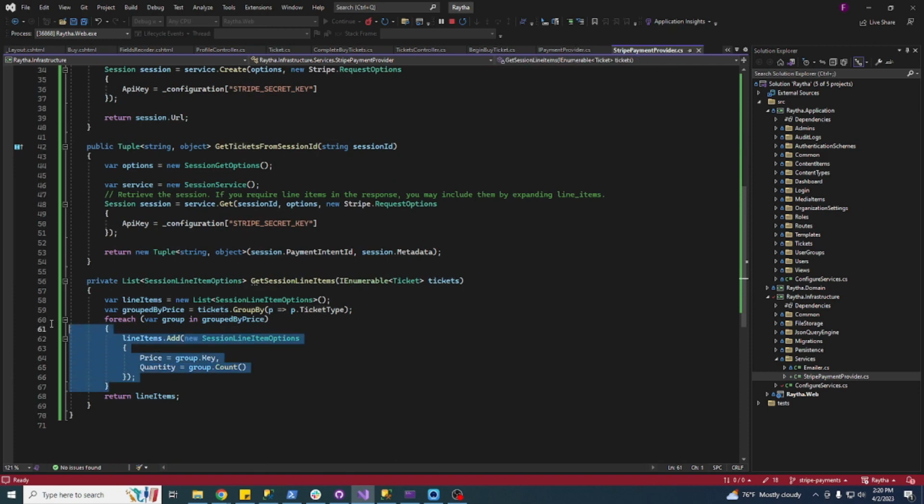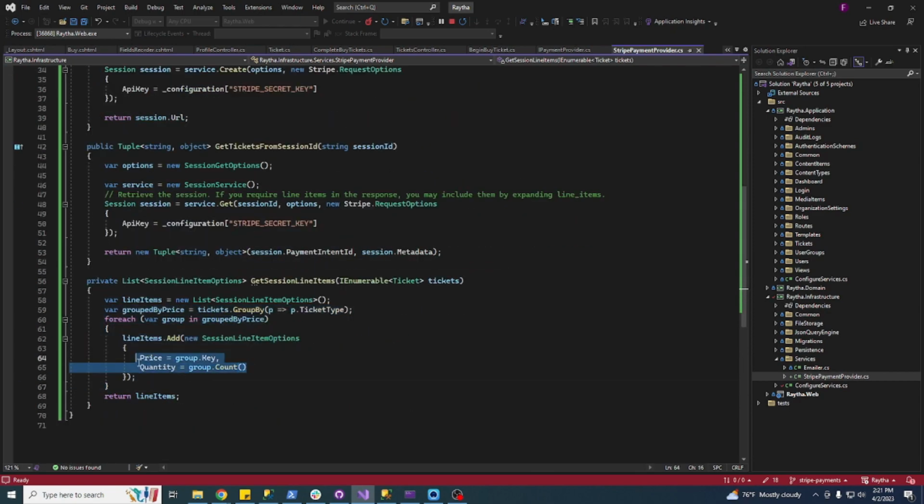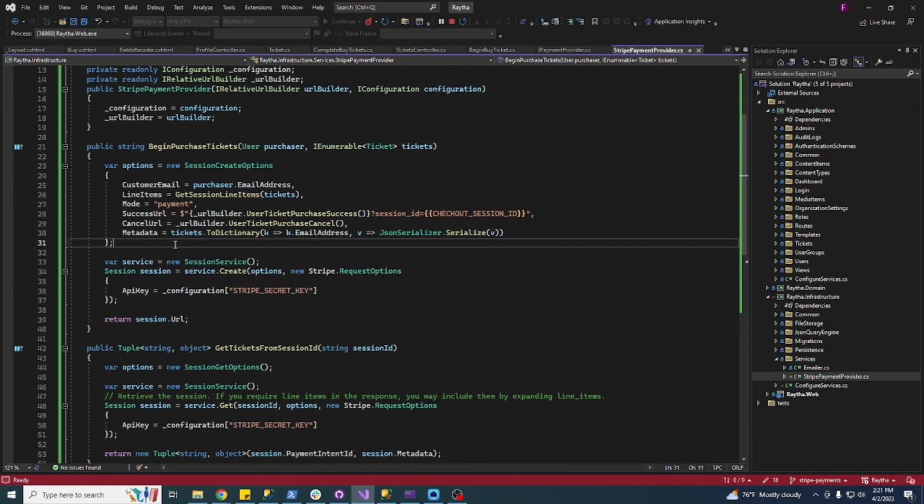And all that's doing is a group by to see how many of each ticket type has been purchased and then setting the quantity on that. So that's why I mentioned earlier in the little demo, if you have 2 tickets of the same type, it should just add that item with a quantity of 2 when you're actually checking out. So that's kind of a best practice. So it does the little math here to determine the quantity and how many different products are being